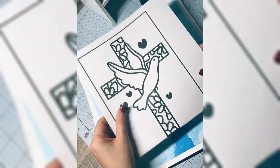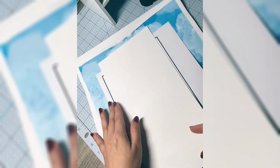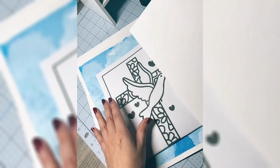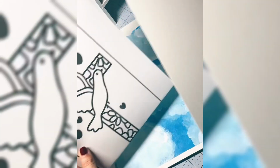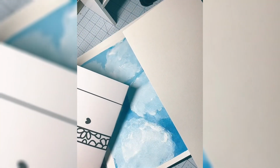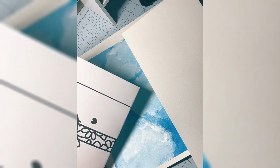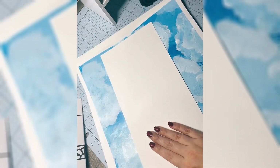Okay, so what I'm gonna do is put this on a separate one so that I can cut it out and place it on here. I'm gonna do two different ones. I'm gonna do one of the cross, so it's gonna be filled,